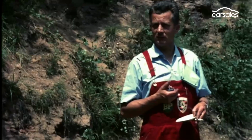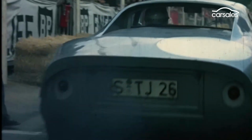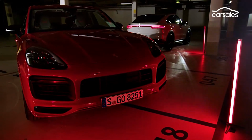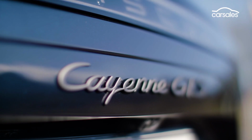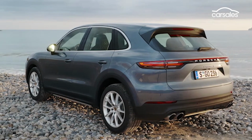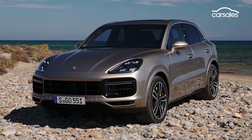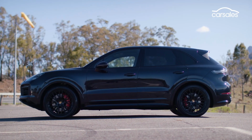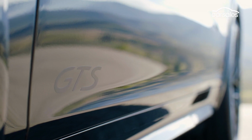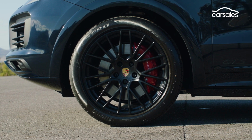Over the years, the fabled GTS badge has graced some of Porsche's most decorated models, and nowadays it is a staple across the entire portfolio. For 2021, the Cayenne GTS squeezes neatly between the Cayenne S and Cayenne Turbo in terms of performance. With a 20mm lower ride height than its donor car, sports exhaust, dynamic damper control, 3-stage air suspension and mammoth disc brakes that measure